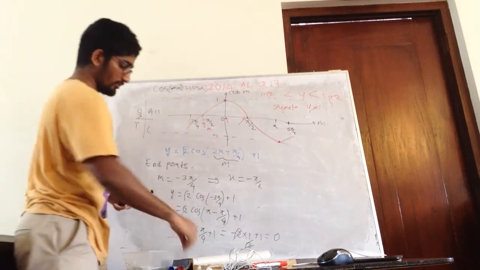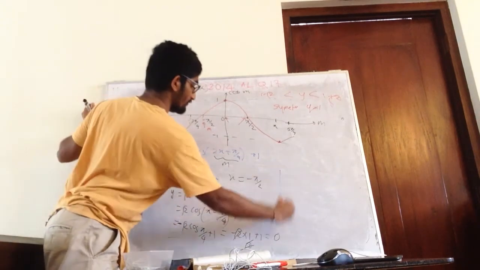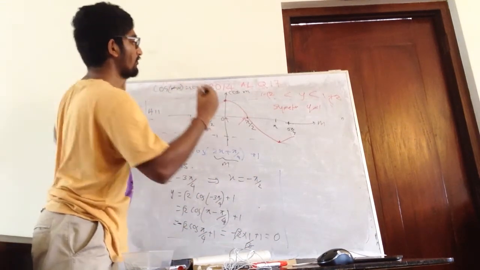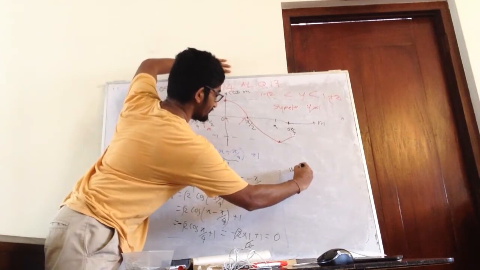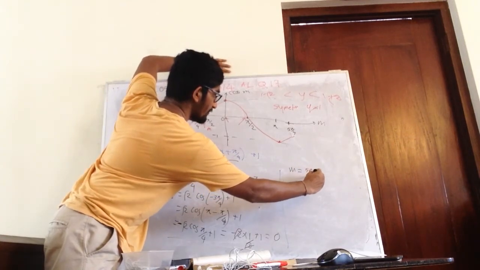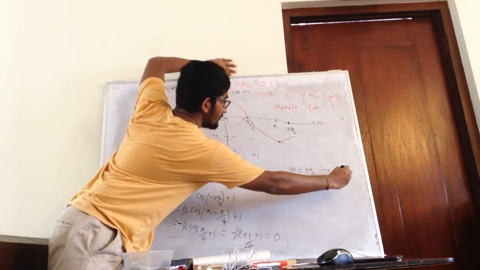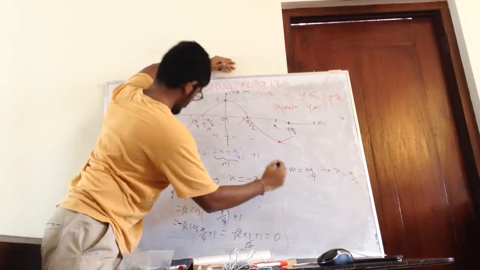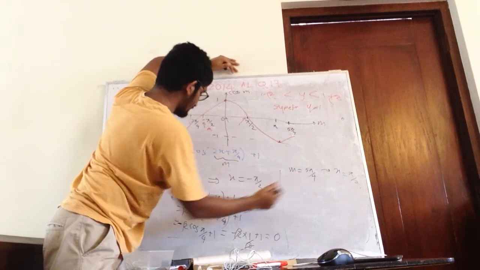Right, no? So then it's going to be the same for when m equals 5 over 4. When m equals 5 over 4, x is going to be 5 over 2. That is what we got from before. This is how you derive this.